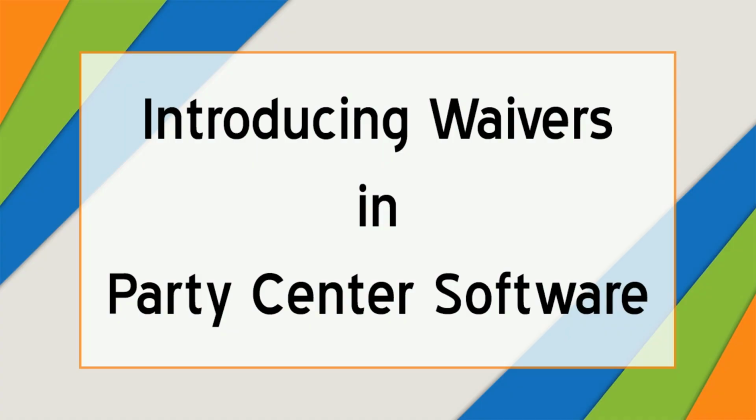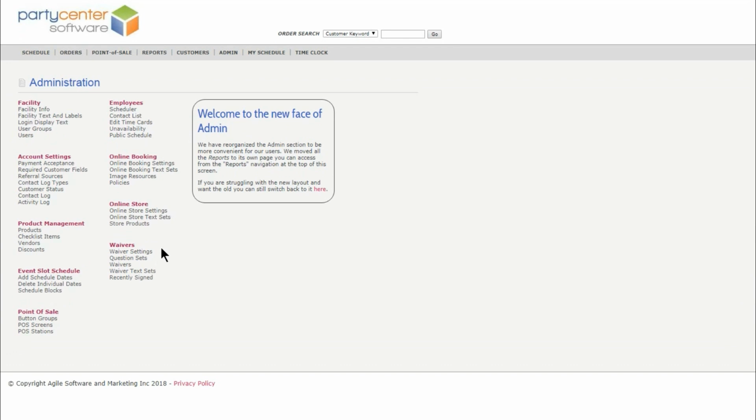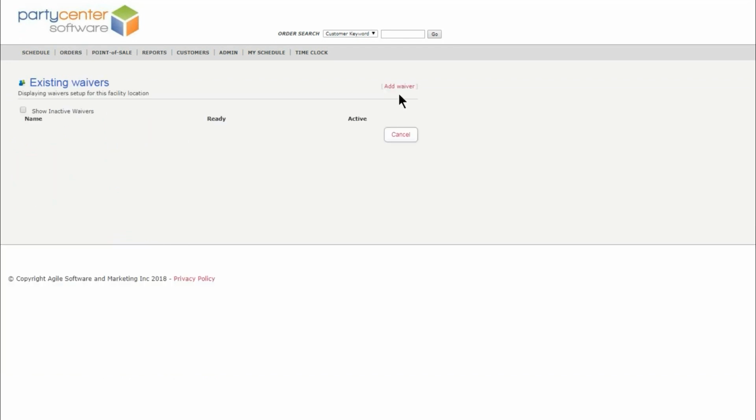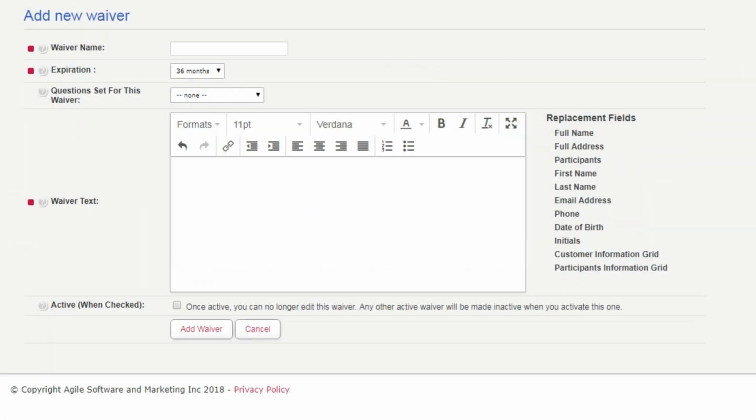You may already be using waivers, or this may be your introduction. Either way, it is now easier than ever before for your guests to sign waivers in Party Center software. The process of creating a waiver has been streamlined as well. When you click on Waivers, and then click on Add Waiver, you can see that the text editor has been